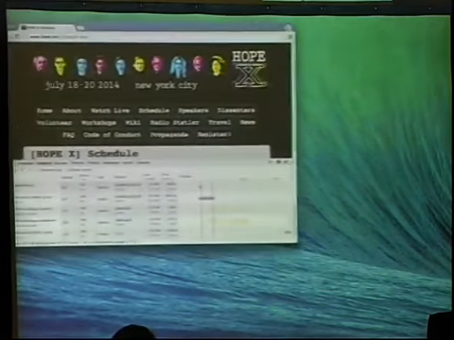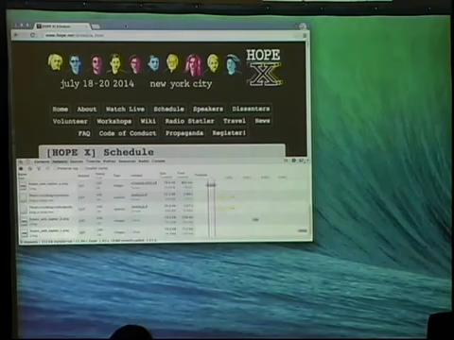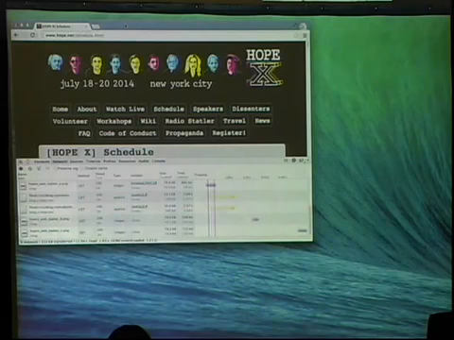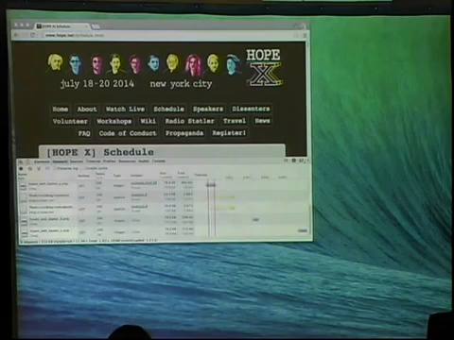Hopefully that looks okay. You can see right here, blog.x.hope.net is getting an HTTP request. That's pulling in an RSS feed of who's going to talk at HOPE. And so now, if we come back over here,